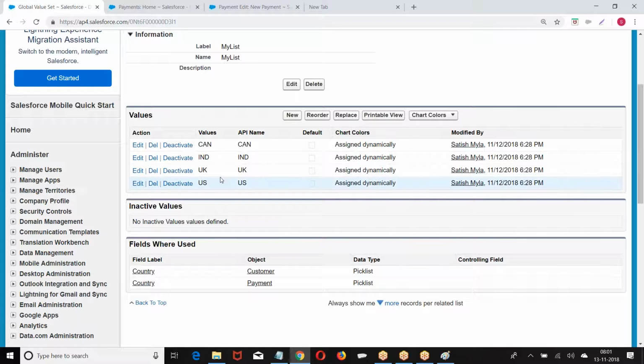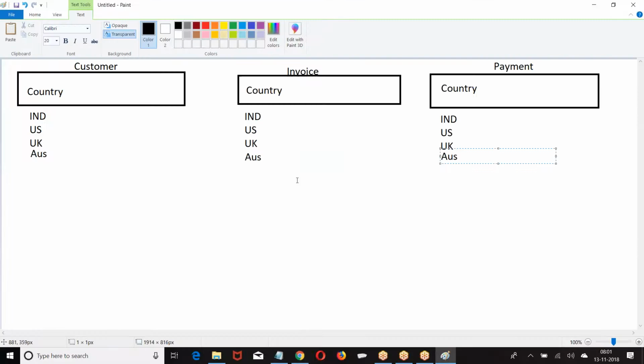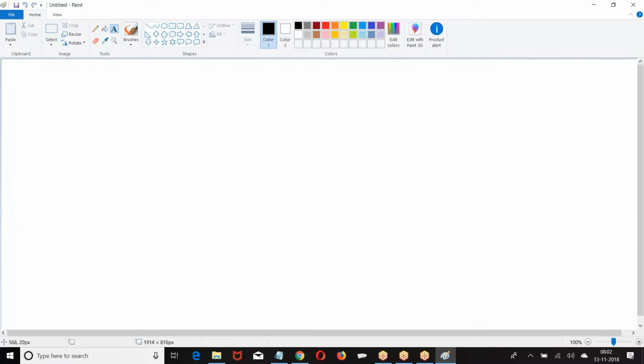Now what was this? Pick list. Now what if you want to select more than one option? In the pick list, we are able to select only one option. If you want to select more than one option, what will I do? How will you control more than one option? So, controlling more than one option. Then let us go back to this.